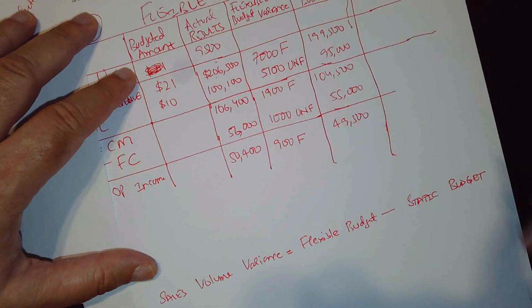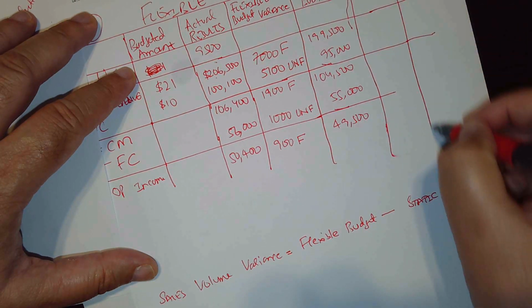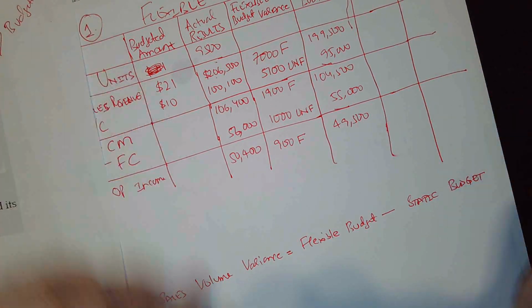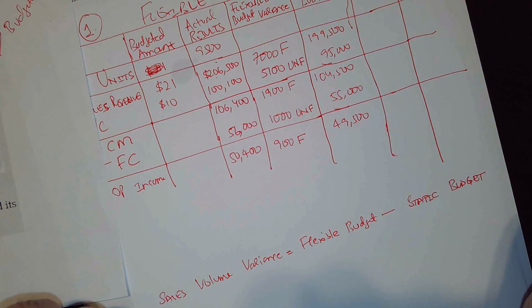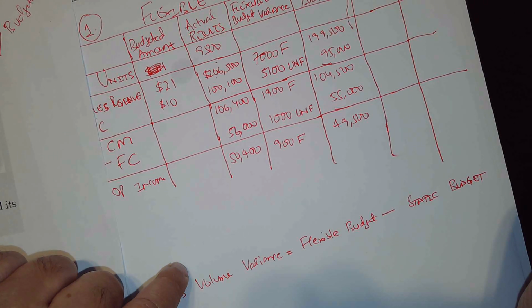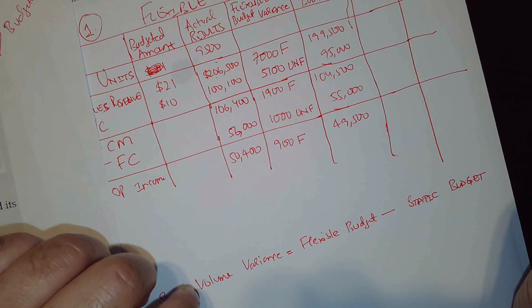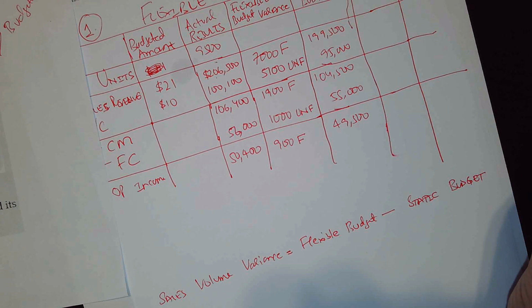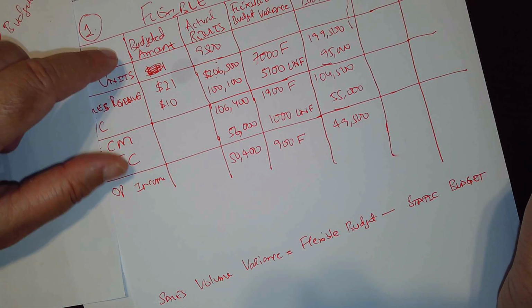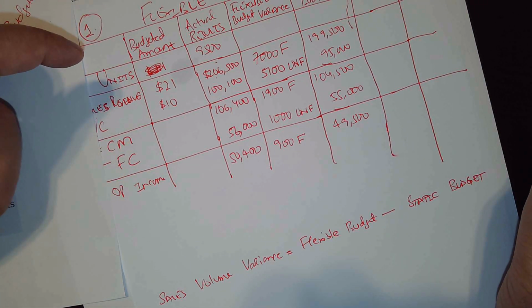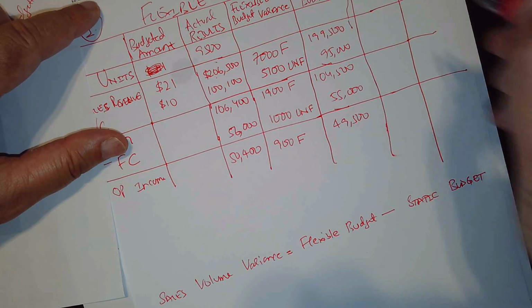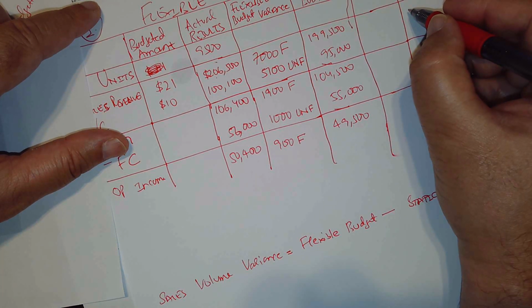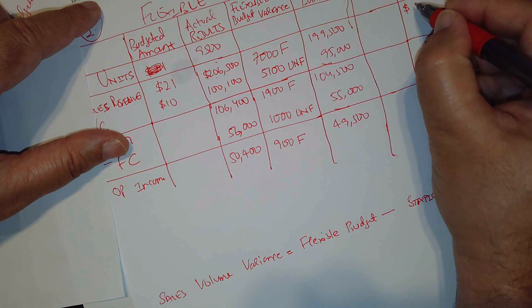Okay, so what was the static budget for 7,500? All right, so the 7,500, the static budget was, it would be